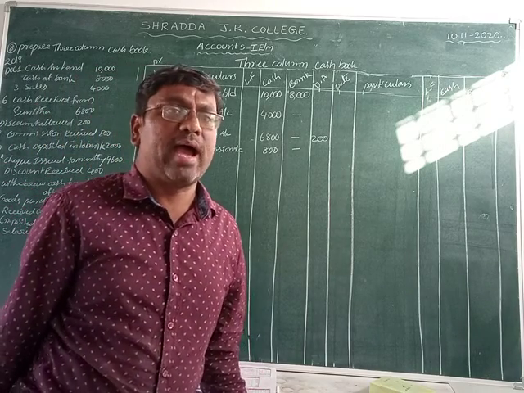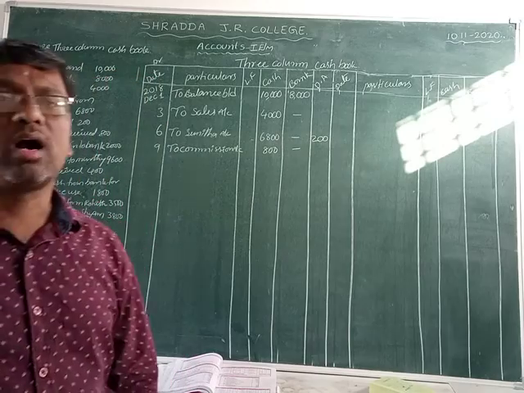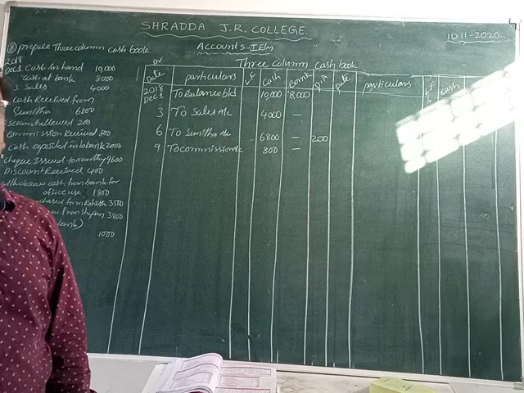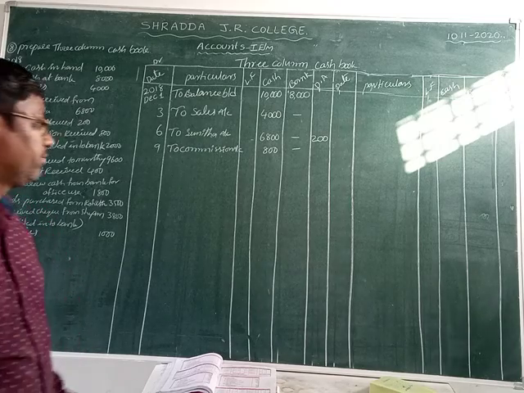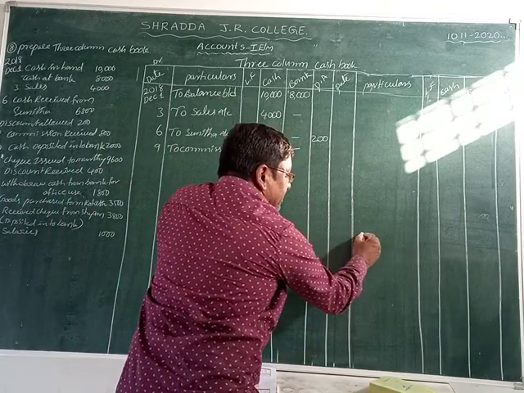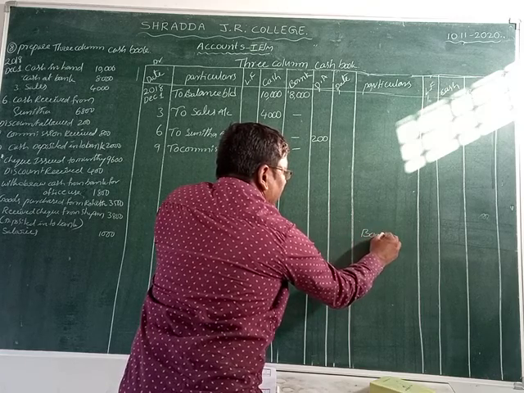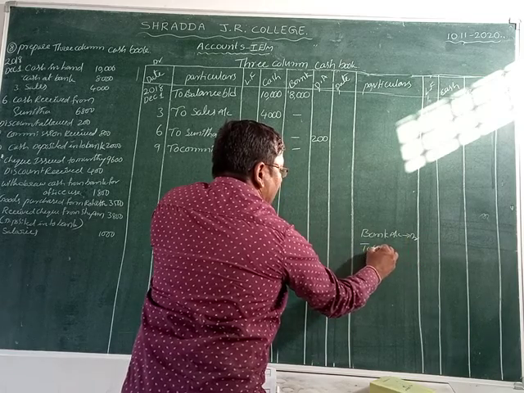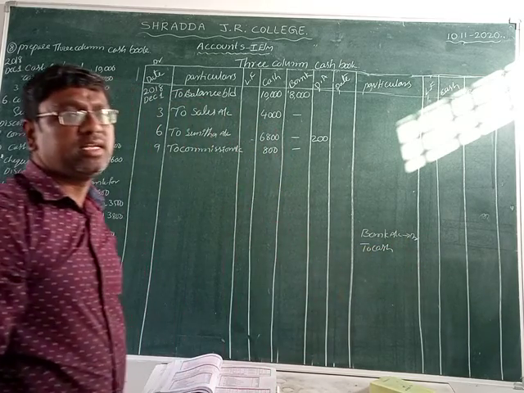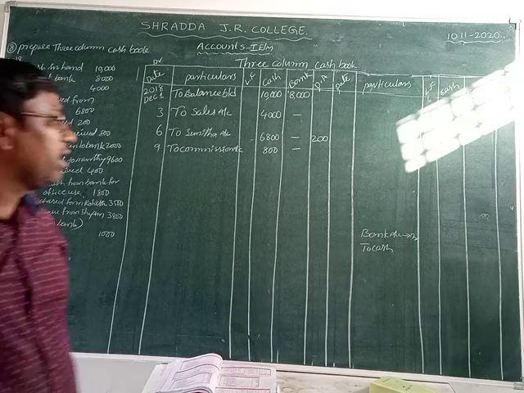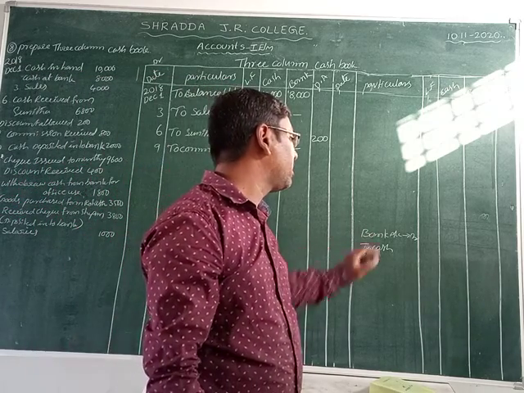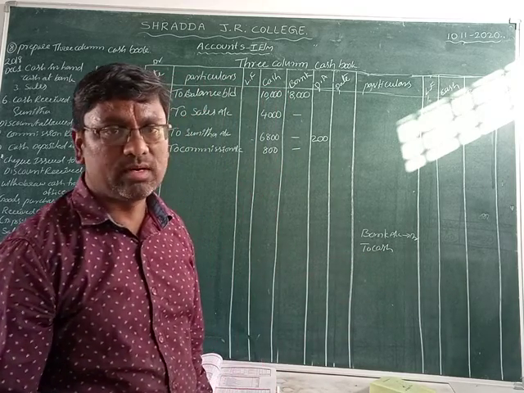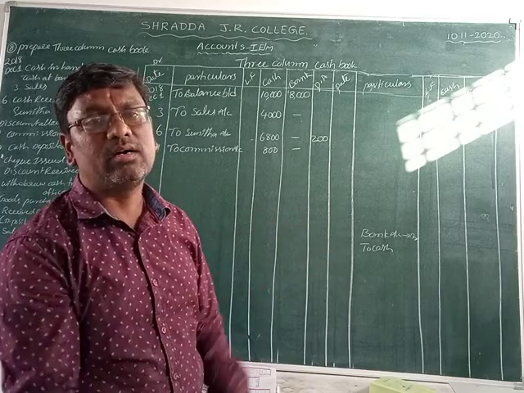Cash deposited into bank. So it is a contra entry. Why? Because what is the general entry? Cash deposited into bank, isn't it? So bank is a receiver. That's why simply bank account debit to cash account. What is the general entry? Bank account debit to cash account. This time what comes in is the bank, it is a receiver, and cash is the giver. Cash goes out, bank comes in.